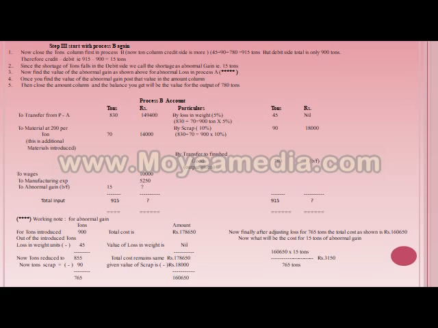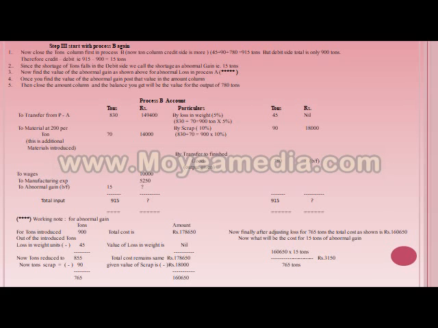Now, as you did in process A, you close the tons column first. Here, surprisingly, you have the credit side column more than the debit side column. That is, on the credit side, when you total the tons column, you get 915 tons, whereas on the debit side we get only 900, in which case the balance falls on the debit side. When the balance of tons falls on the debit side, you name it as abnormal gain.